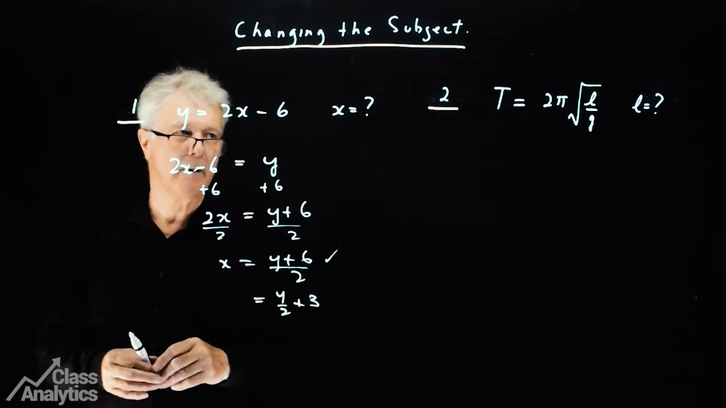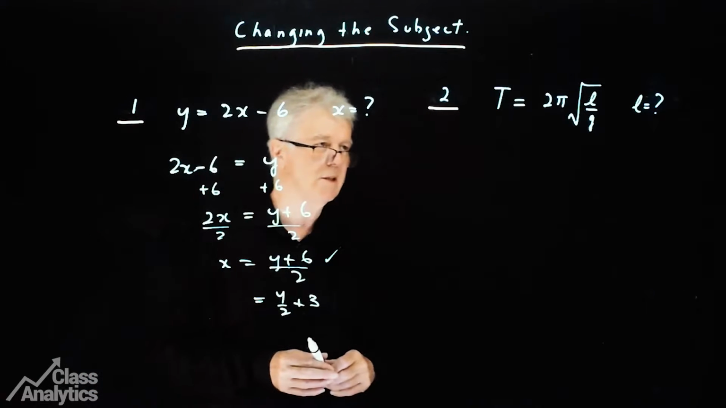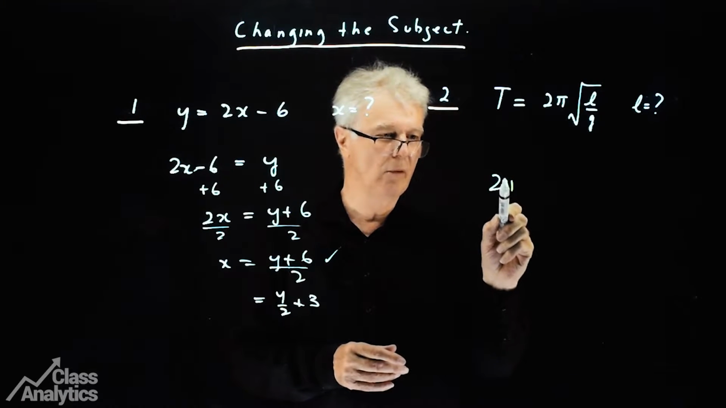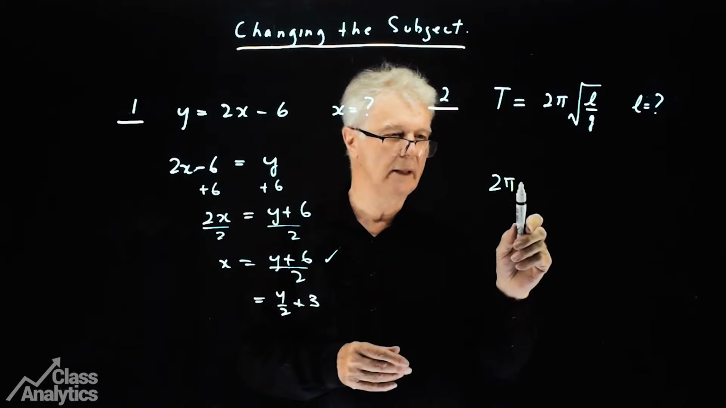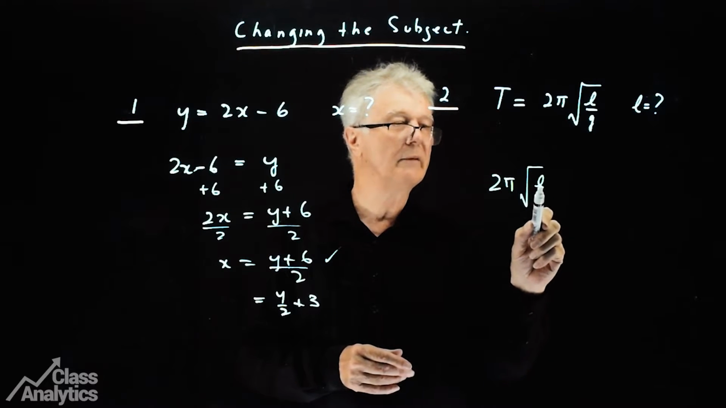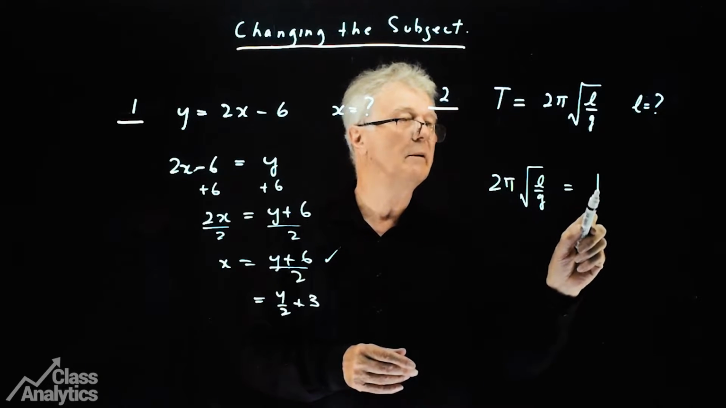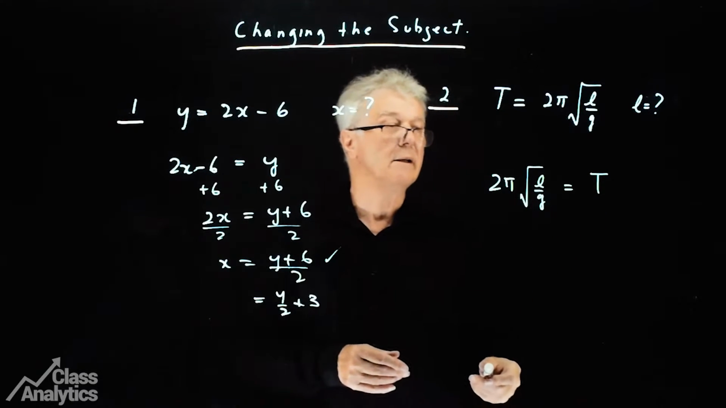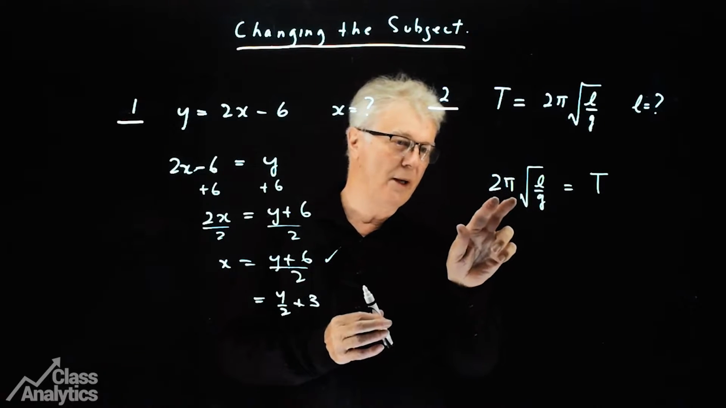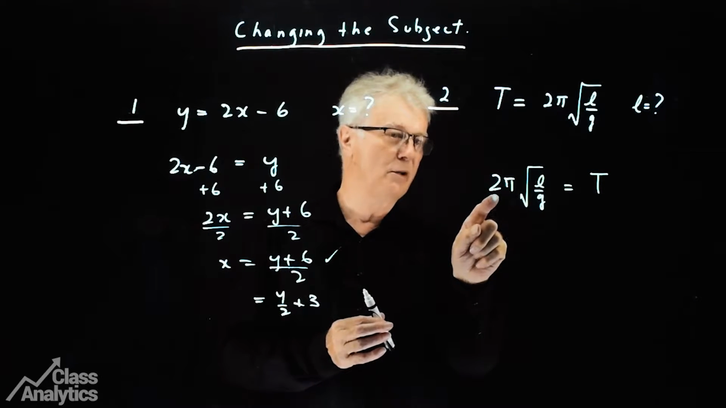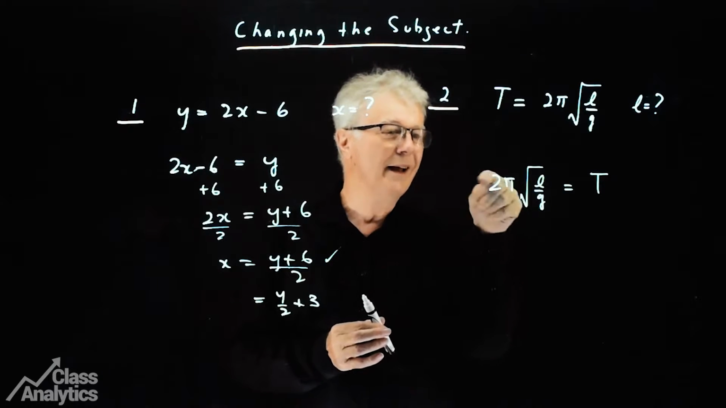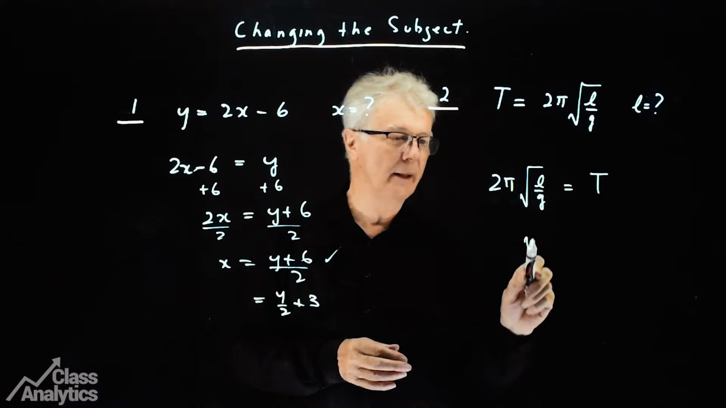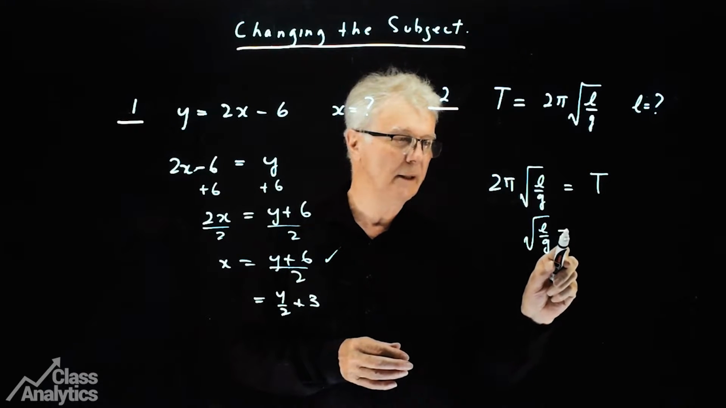Very important technique. This one, do the same thing. We would make L the subject. This is the period of a pendulum, I think it is. 2 pi root L over G equals T, where T is the time it takes, L is the length of the string, and G is gravity. So now what we'll do, we don't want that 2 pi there. We don't need to divide by 2 and then by pi. We're going to take the whole thing and take it underneath. So we divide that whole thing by 2 pi, and we get